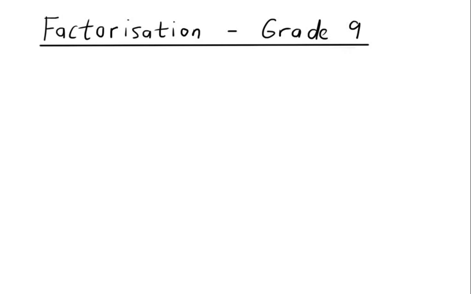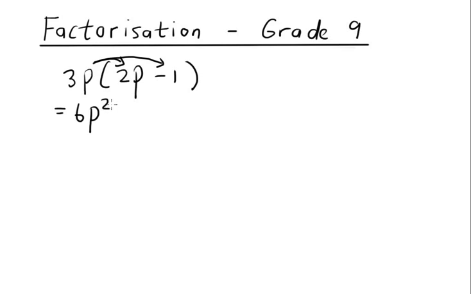So when we simplify, for example, you might have a sum like, say, 3p multiplied by, for example, 2p minus 1, and in this case we have to use the distributive law to multiply this out. So we're going to say 3p multiplied by 2p, so that's equal to 6p squared. Remember, there's an invisible 1 and an invisible 1 over there, so we add that up, and then you've got